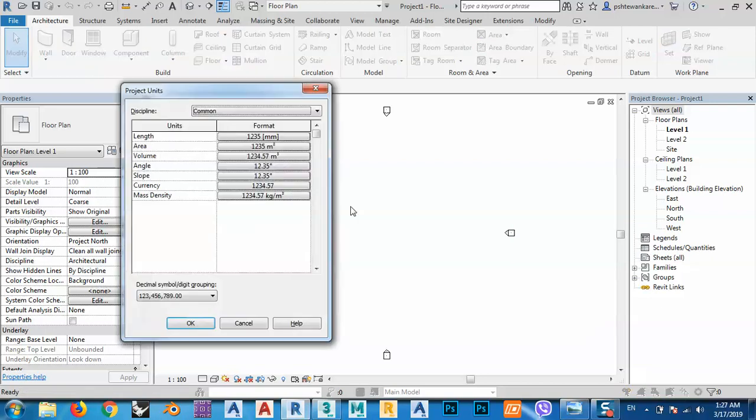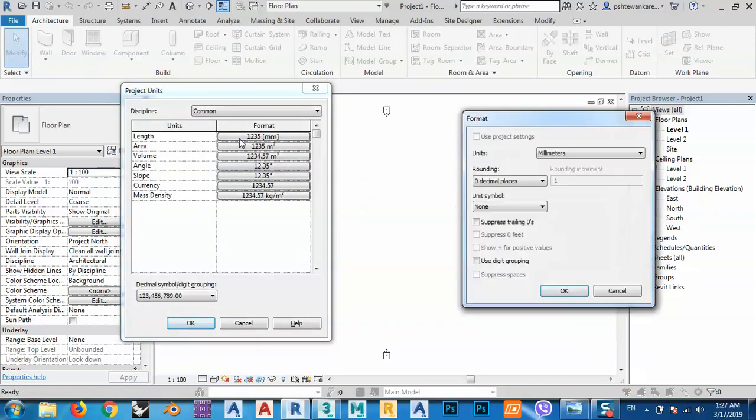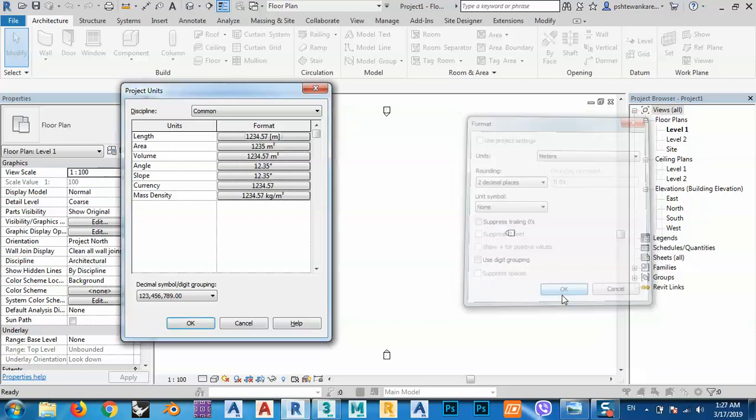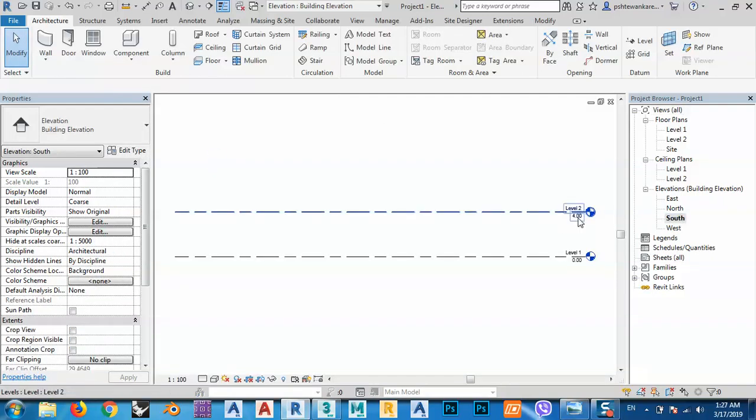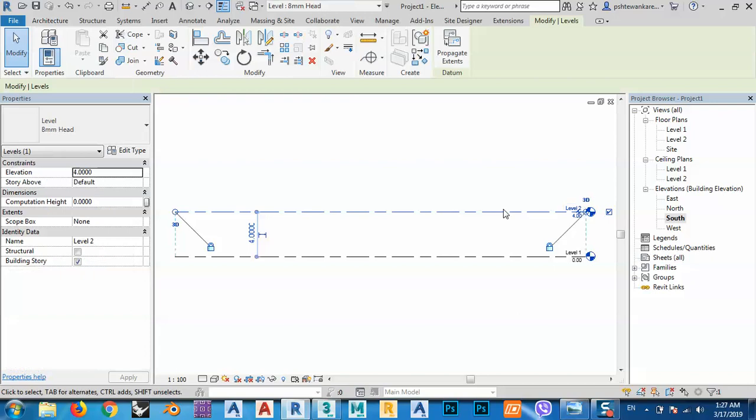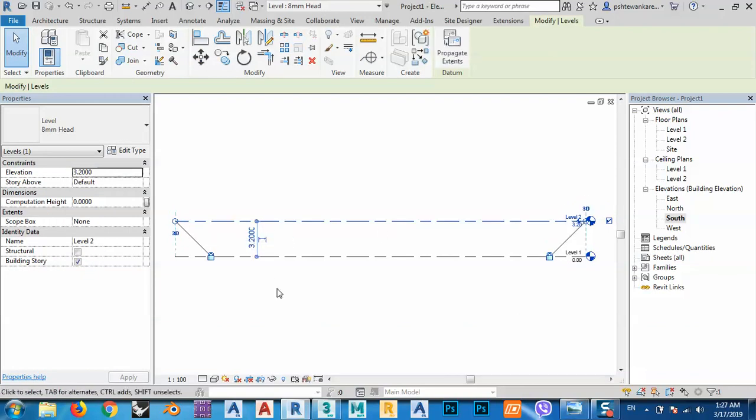Type UN for units and change the length to meters, and maybe 2 decimals is okay. After that, I will come to south elevation and change the height of the room to maybe 3.2